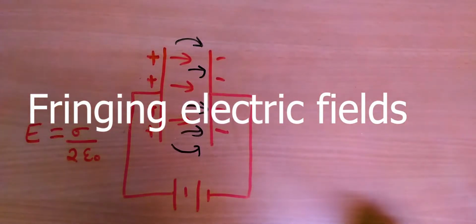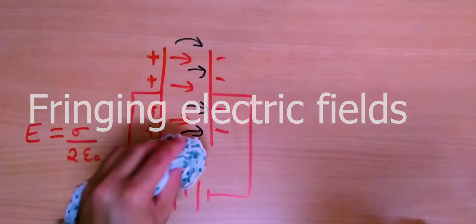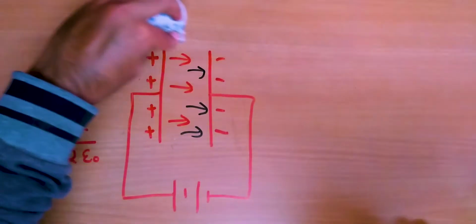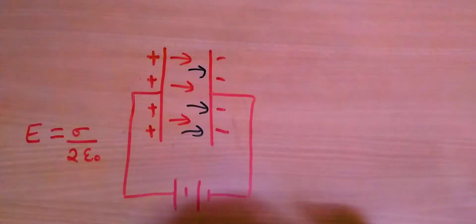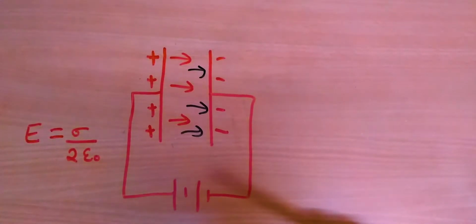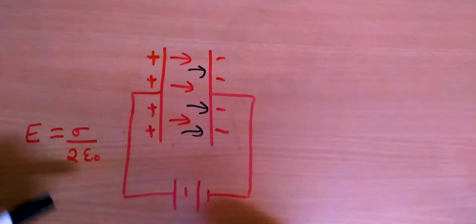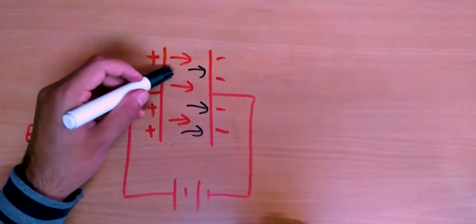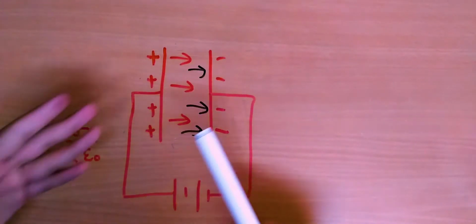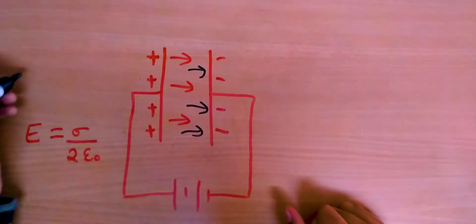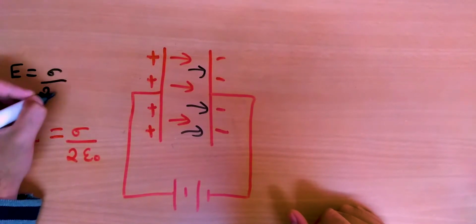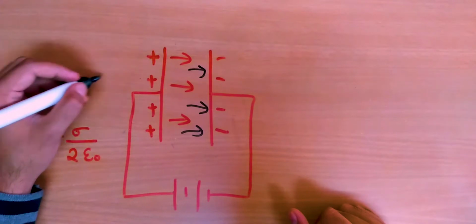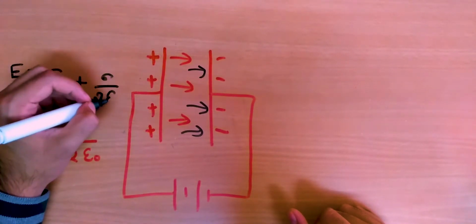But yeah, I won't get into too much detail, and we'll just focus on the central part of the capacitor. So obviously we have the two electric fields pointing the same direction, and therefore I can simply add those two electric fields to get the net electric field inside the capacitor. This expression gives me the electric field due to one plate. To get the electric field inside this capacitor, I need to add the electric field due to the first plate plus the electric field due to the second plate.